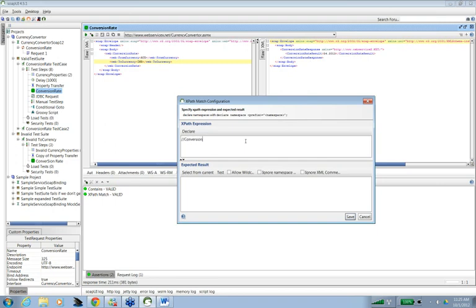I can give this XPath, and the expected result is here. Why is it not giving me the result? Okay, we need to again declare the namespaces. Now I press OK, and it says no XPath match.